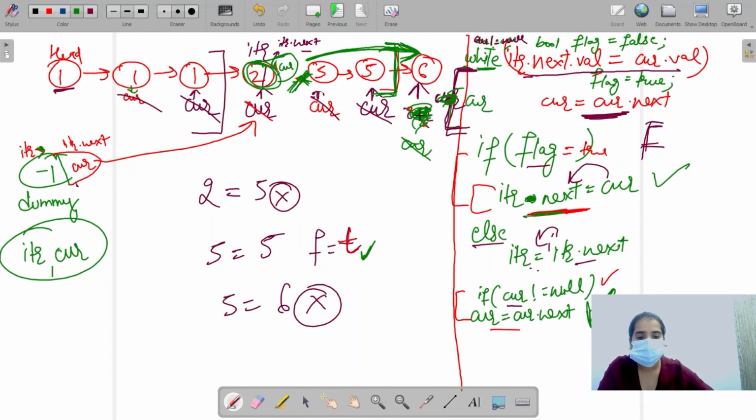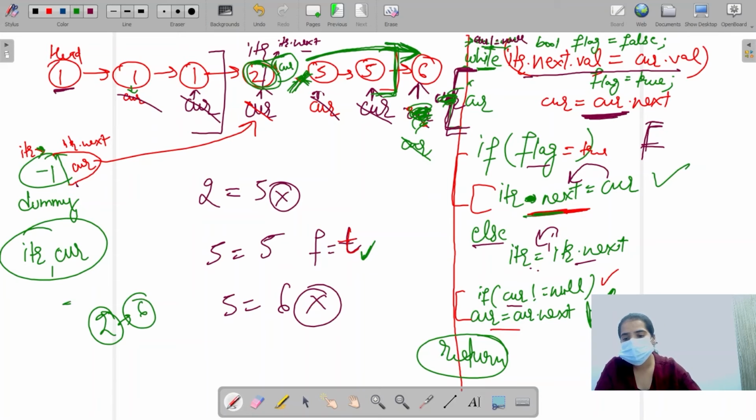Now after doing this, we have to come here, right? So we will check whether current is not equal to null. No, current is null now, so we will not go inside that and we will return our value, right? So after returning, we will get 2 node and 6 node as our output, because you can see